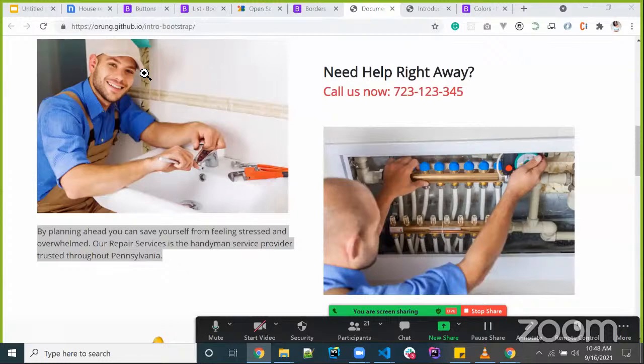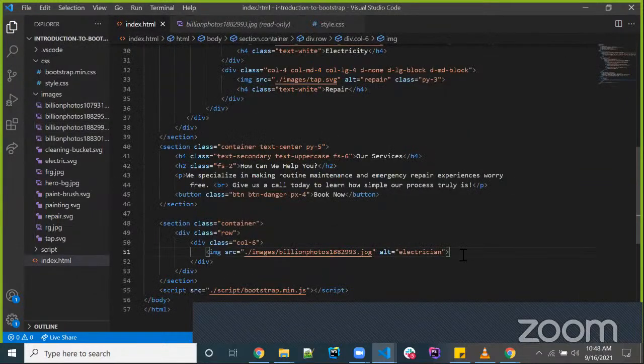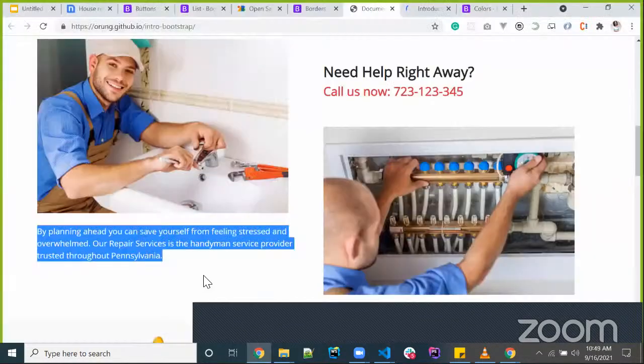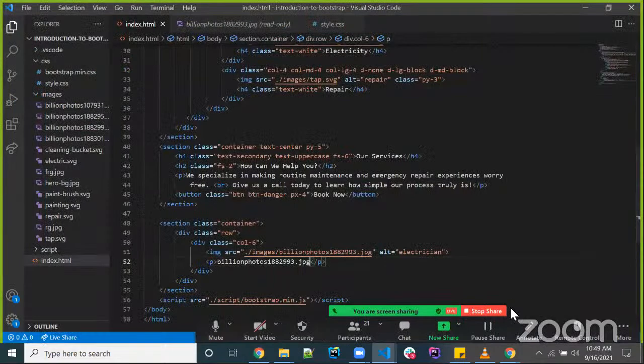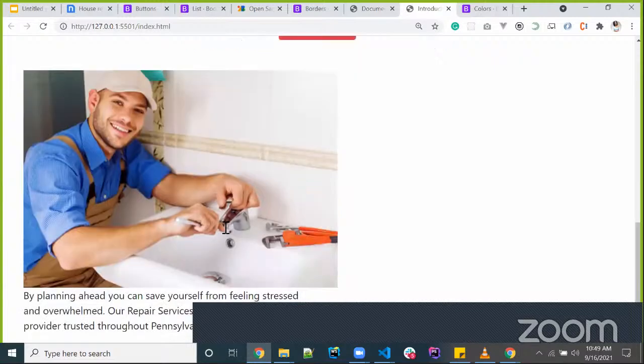Then for the text, paragraph tag for the text. And let me copy it. Okay, so this is what we have. Yeah. For the other